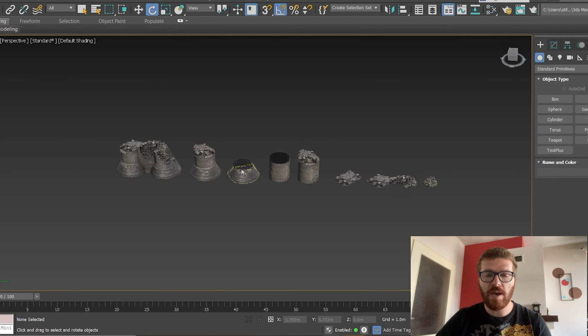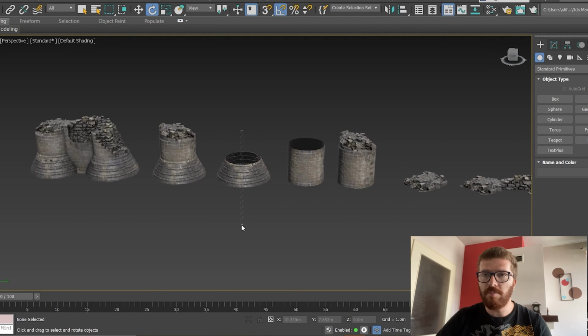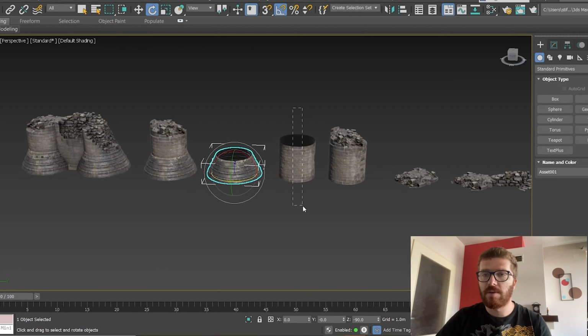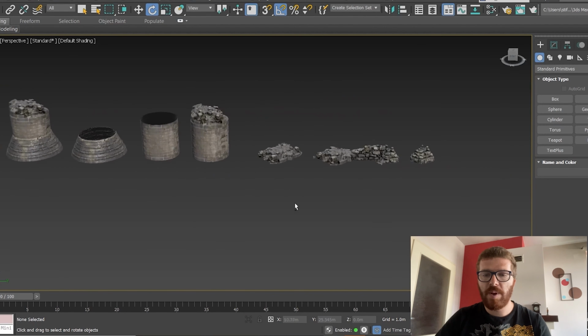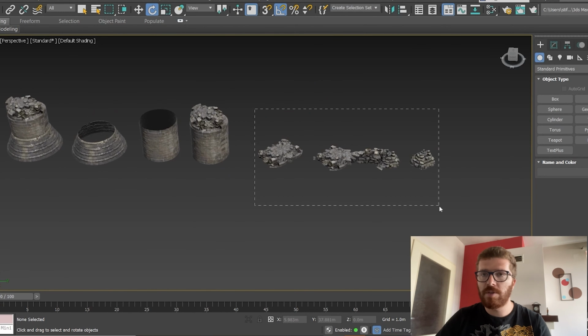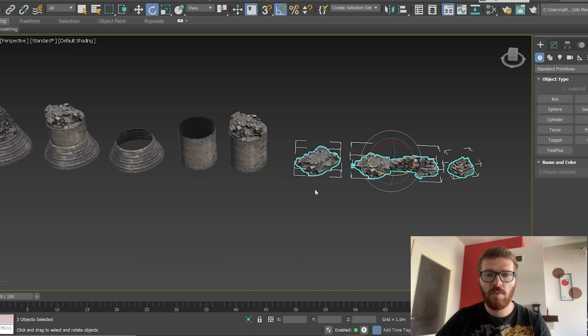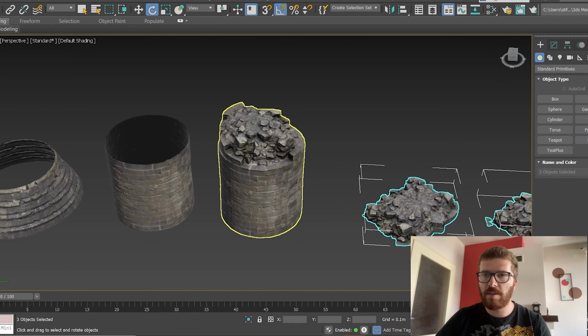For example, we have the bottom part of a column or a round part of a wall, and as well we have the wall itself. We can of course extend it at any point higher or make it lower, and also based on a couple of different ruins that we scanned in the same region, we can put an ending on this element.